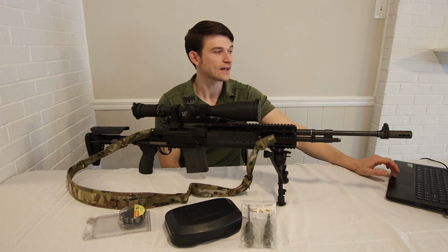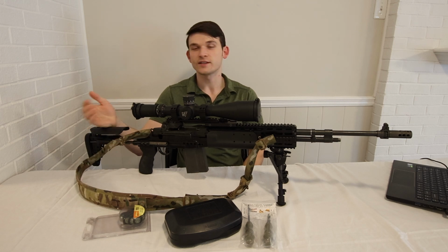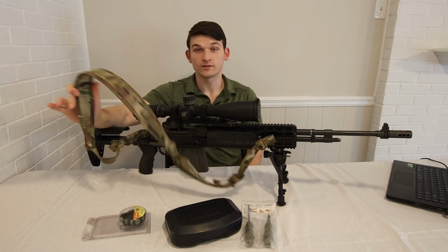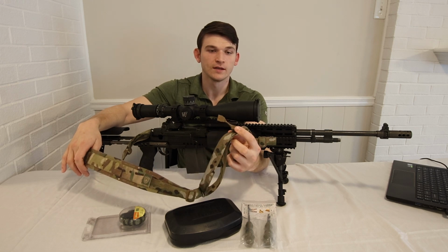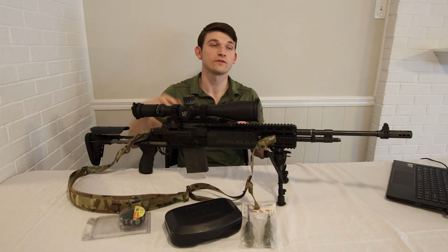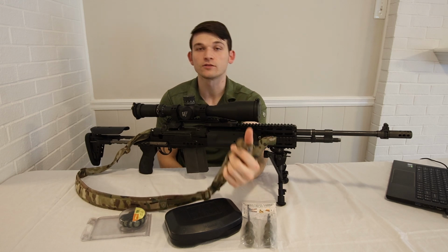And then the last thing I kind of hinted at here, for this section anyways, is the sling. If you watch my 5-year video, I kind of dogged on slings for a couple minutes, but I've completely changed my attitude on that. I like slings. I've got this on all of my rifles, and it's also on my M14 as well. So it's a quick adjust 2-point sling. And what that means is if you're on the bench or if you're walking or you're trying to cinch down whatever shooting position you're in, this quick adjust tab right here, which never gets hung up on anything, and is super stable, this allows you to quickly adjust